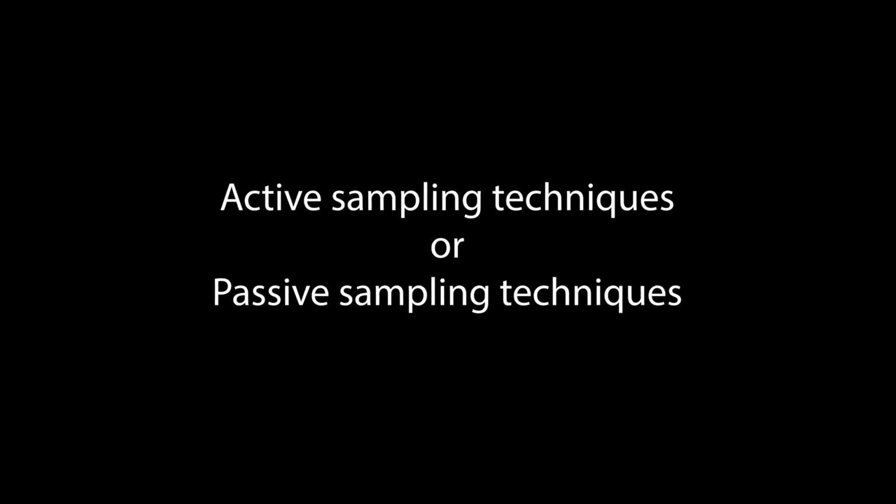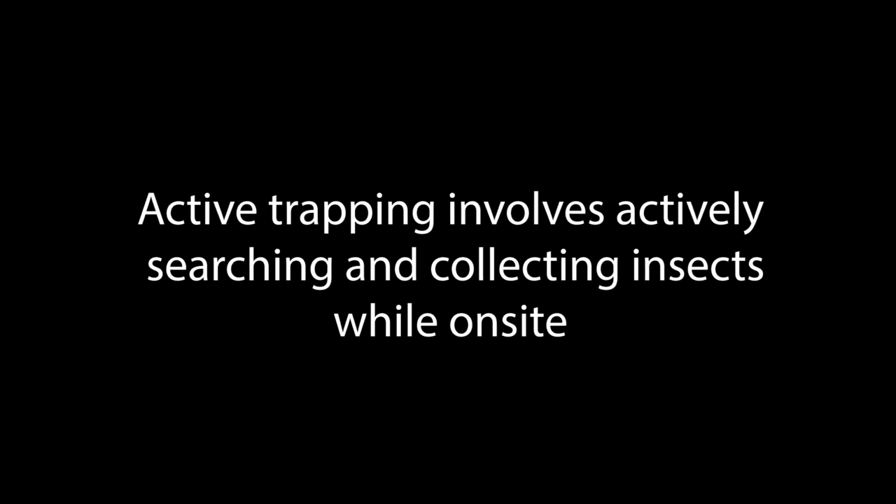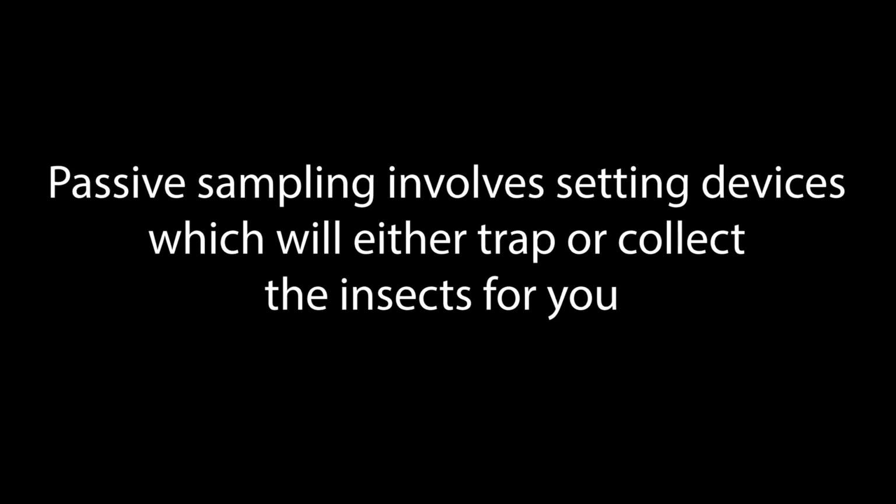So in this week's workshop, we will look at an overview of the major insect collection techniques. There are basically 2 major collecting approaches to sampling insects. So today we will be looking at 2 different types of sampling techniques, one being active and one being passive. As you might guess, active sampling is when you will go out and actively search for insects, whereas passive sampling is when you might put traps out, leave them there and come back at a later time and see what